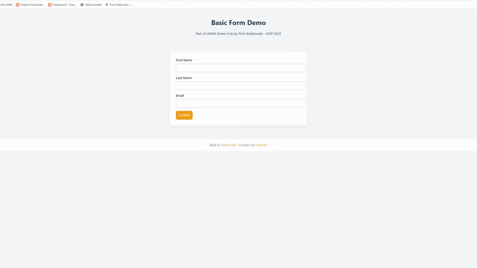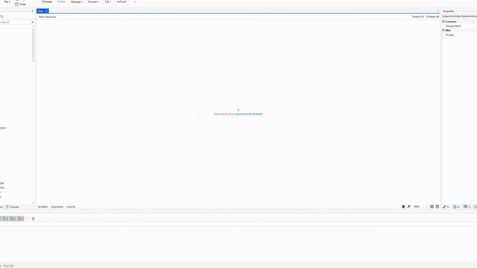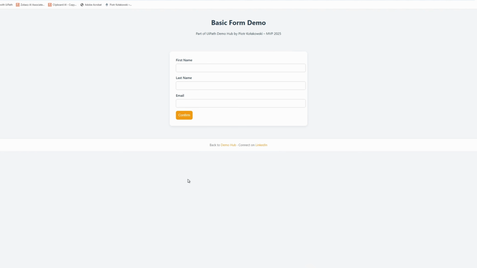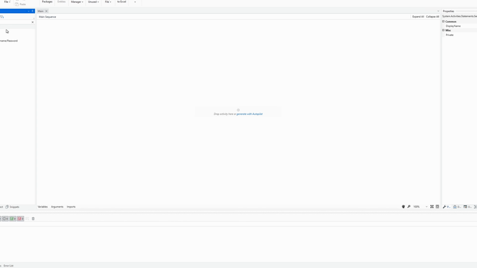Let's go to the UiPath Studio and build our automation. The robot will open a website, fill out a form, and click the Confirm button. We will use only strict selectors, no anchors and no computer vision. This will help us simulate an error more easily. We use the Use Browser activity,